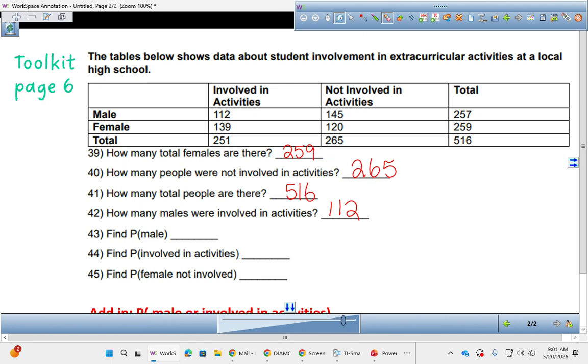Now 43, 44, and 45 all have the letter P there, which means probability. In order to have a probability, you need to have a fraction, okay? So my answer to these ones are going to look different than my answers to 39 through 42 because these ones are going to be fractions. So it says find the probability of male. The first thing I want to do is figure out how many males there are, and then the second thing is figure out how many people there are, because that's the total, right? So I'm going to go to males. I don't care if they're involved or not involved. I just want the males. So 257